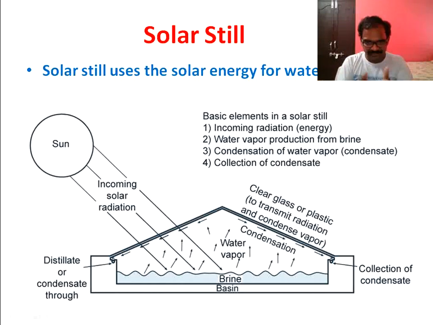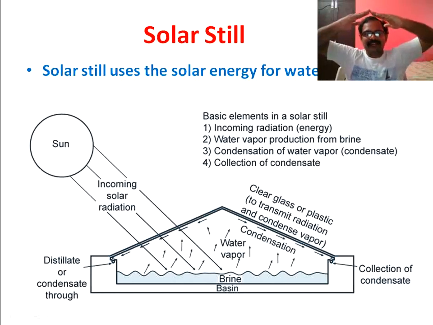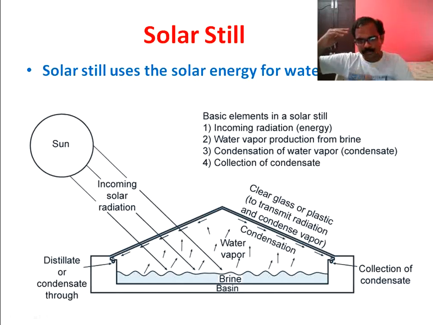We will take a basin. We will take a rectangular shaped basin made of concrete, and we will keep glass covers on top of it, and these glass covers perform two tasks. The first one is it will pass the solar energy into the chamber, and the other one is it will be used for condensing the vapor into liquid. We'll discuss that in detail. So we'll place the salt water inside this solar still.